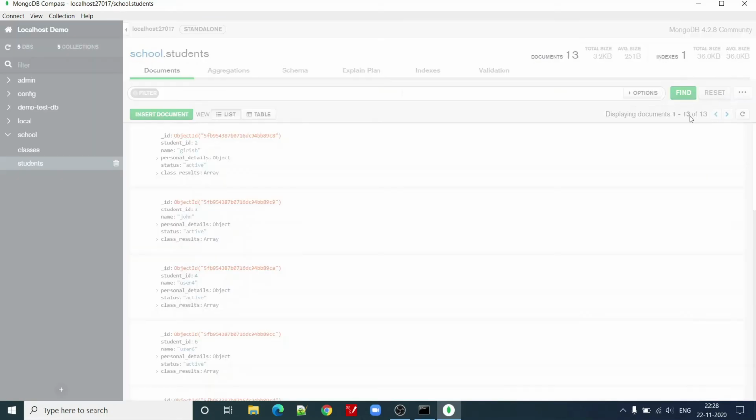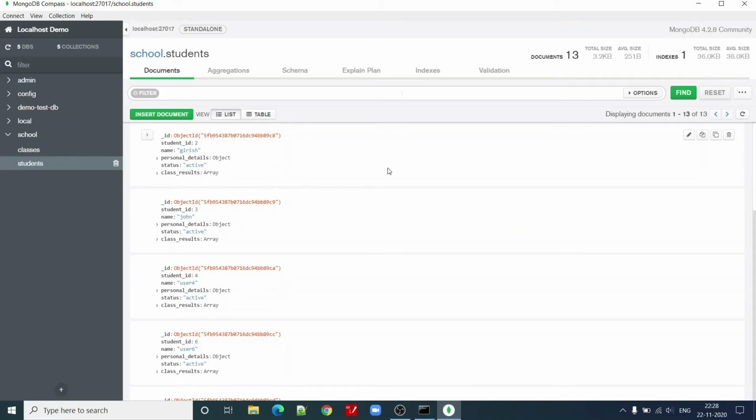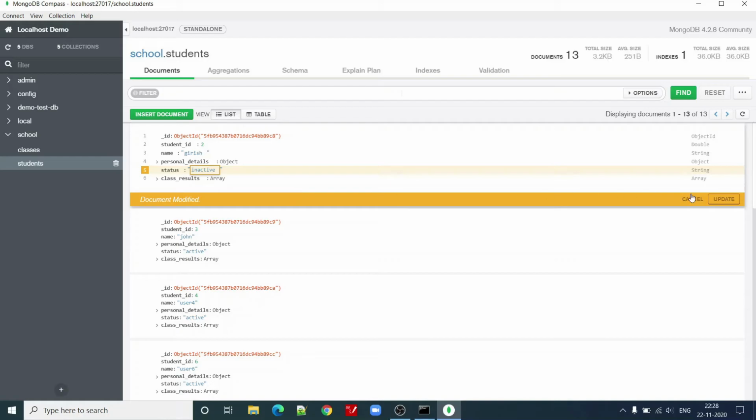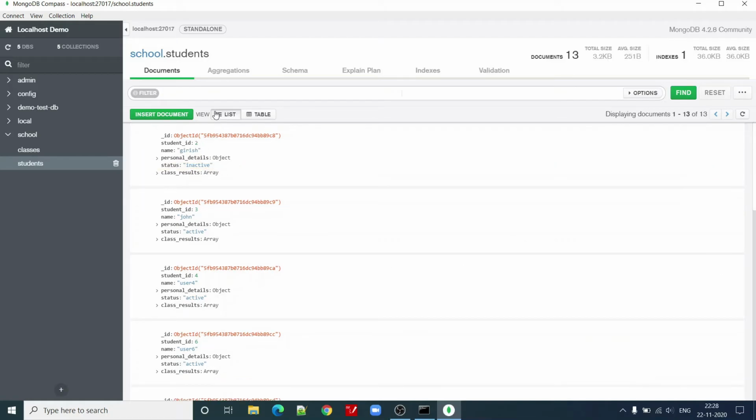We can reset this field, and let us try to mark this student's status as inactive. On the right hand side, we can edit this document and let us make it inactive, and on the right hand side click update. Now let us try to find status active.